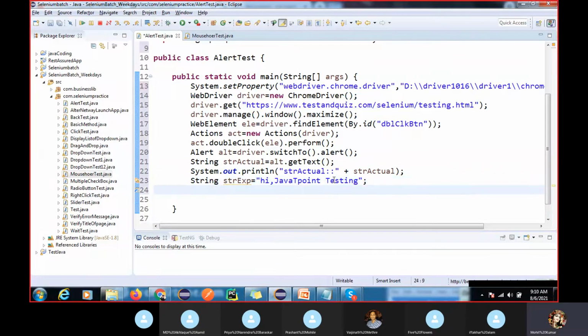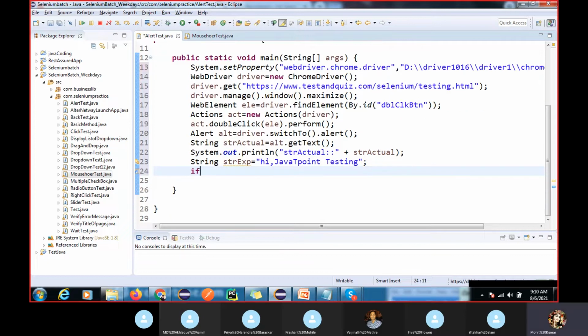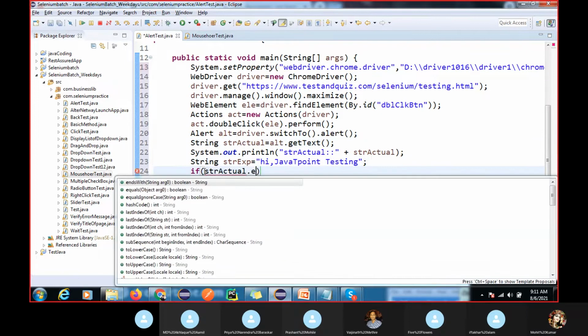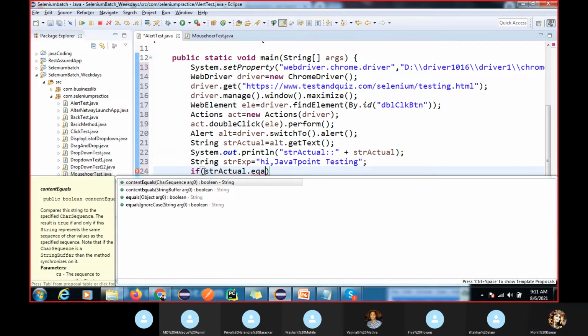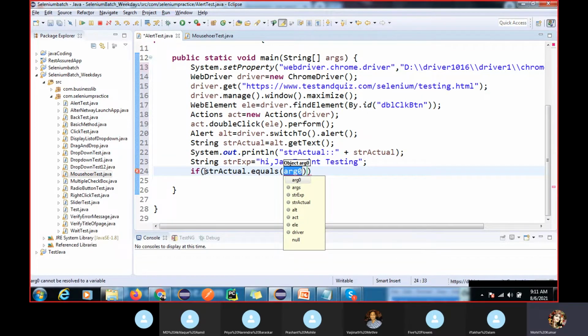Okay, now I will use if actual dot equals. Using equals, I want to compare the exact string.